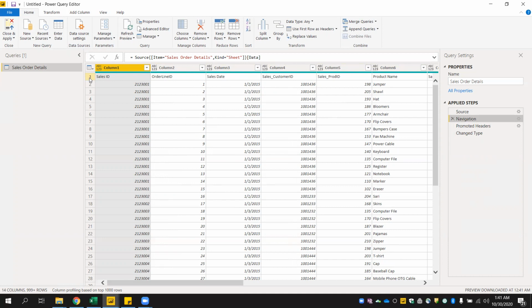We need to tell Power BI that the first row needs to be treated as the header of the file, as columns, not as data.